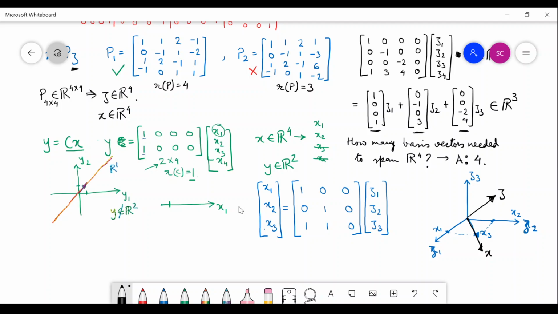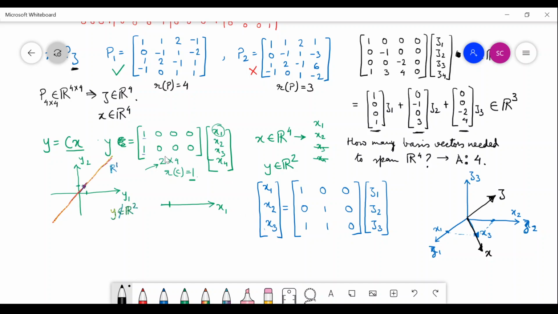So the check is the column operation. Whenever you are supplied with a matrix, suppose I give you a matrix and ask, can this matrix be utilized for a similarity transformation? Of course it is a transformation. Any matrix will transform a vector to another vector. That is the role of a matrix. However, whether it is a similarity transformation or not, you have to check the independence of the column vectors.